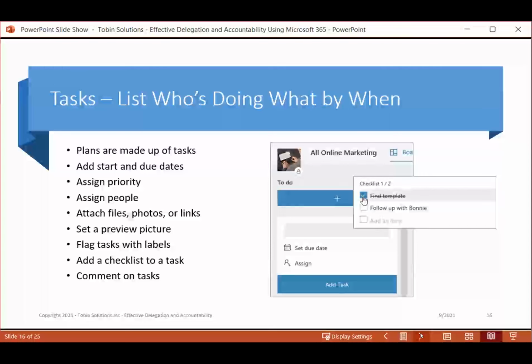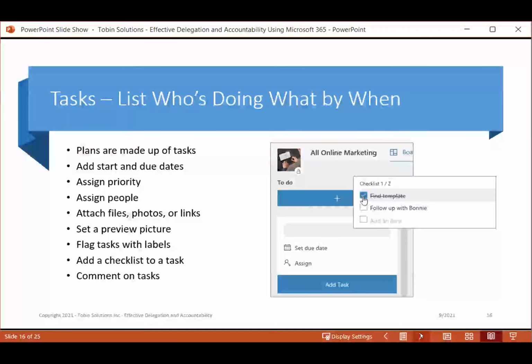You can attach files or photos, or the people can attach files or photos, right? They can start putting together something. So there could be, let's say, a task to create an invitation, and you have a checkpoint along the way to say, I want to review the invitation before it gets sent out. So they can attach the invitation to the task. You can quickly go in and see that invitation and approve it or